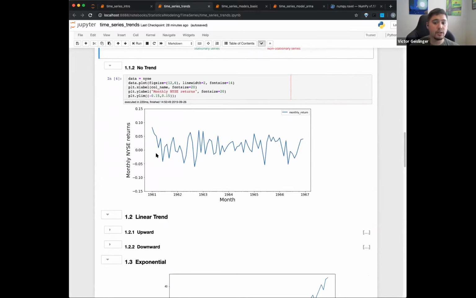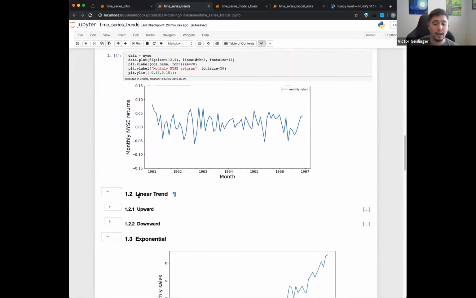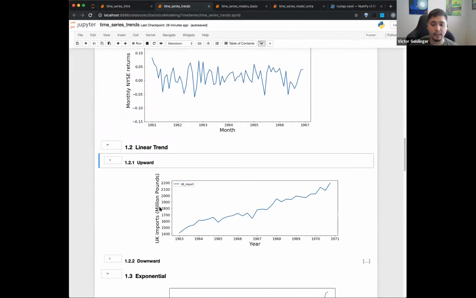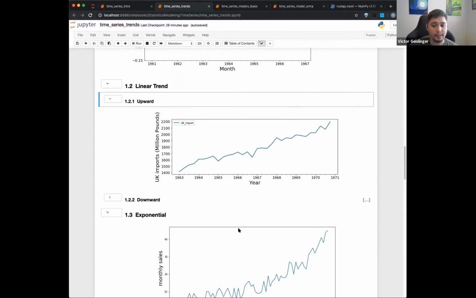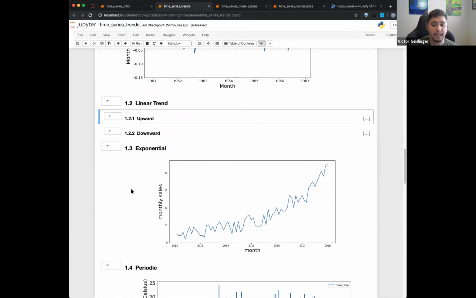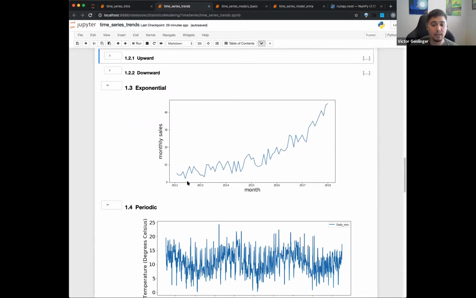And then this just shows no trend in general. It's tough to tell, is there a trend in here? This way you can do decomposition, which we'll get to later today. But just reiterating, remember there are upward trends, like linear trends, downward. We also have an exponential trend in this case. You can see it going up. It starts off looking linear, but then eventually takes off. That's the key part of seeing it's exponential.